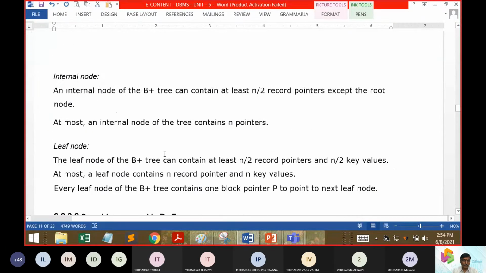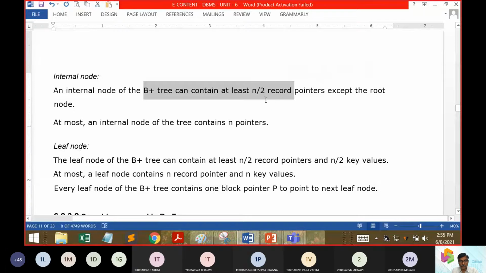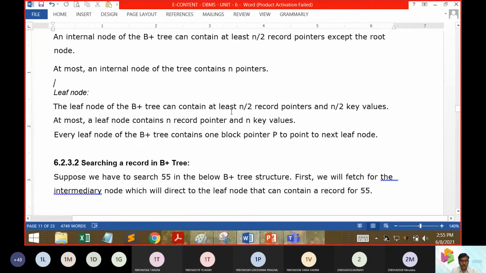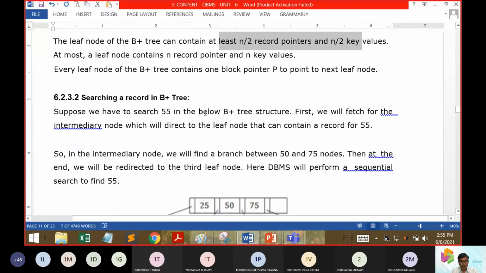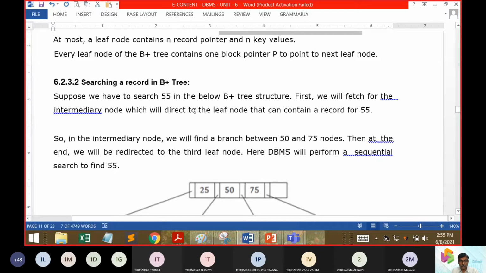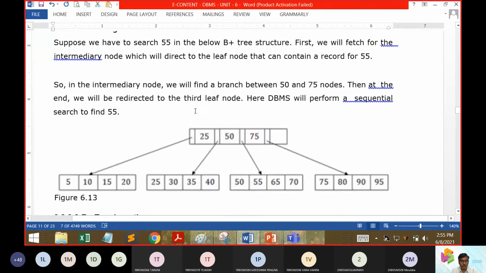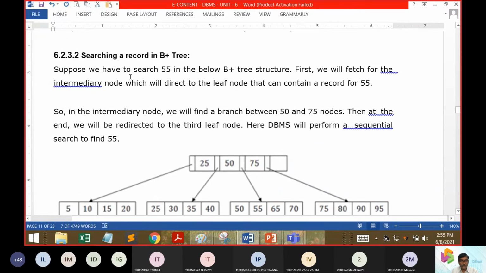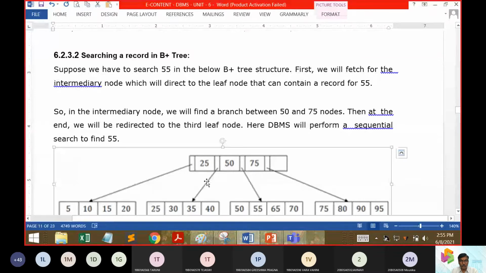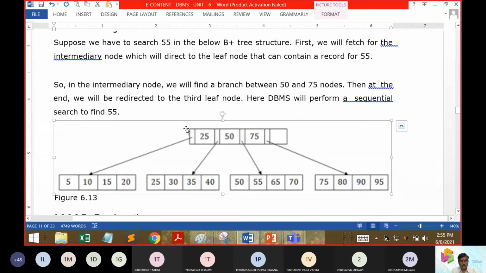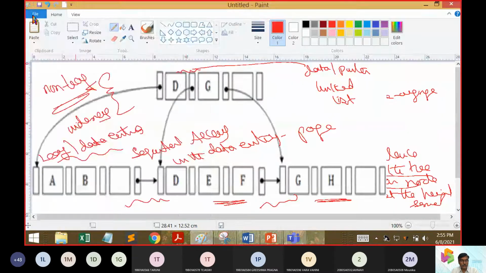Now, when we are going to represent the node of a B plus tree structure, it is going to have n by 2 pointers, and it is between n by 2 key values also, which I will take up in the search, insert and update. There you will get a clear idea of what we are going to talk. Now coming to the very first operation, we have a search operation.